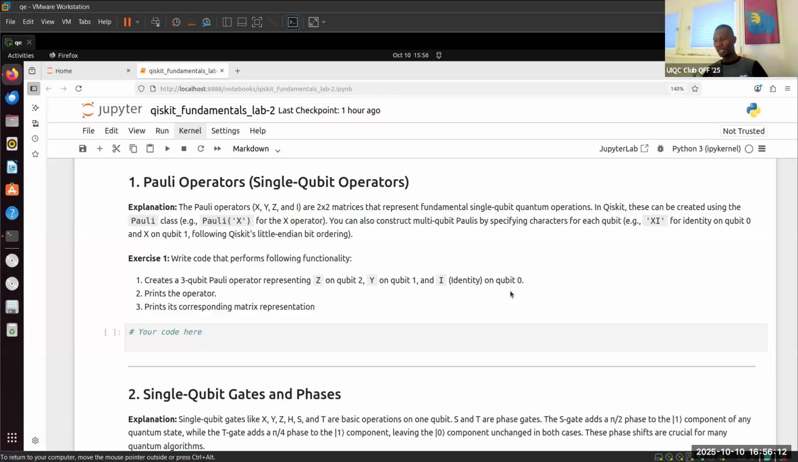For us to proceed here, we are to create a three. Let me continue the recording session. Okay, thank you. So here we have to create a 3-qubit Pauli operator that is representing Z on qubit 2, Y on qubit 1, and I, the identity, on qubit 0. So if you can see my screen,